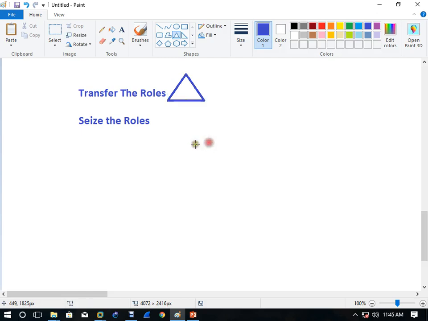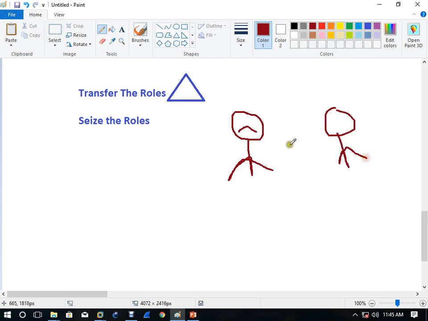Just take an example: this is the father, and here is the son. Now, the father has lots of property.